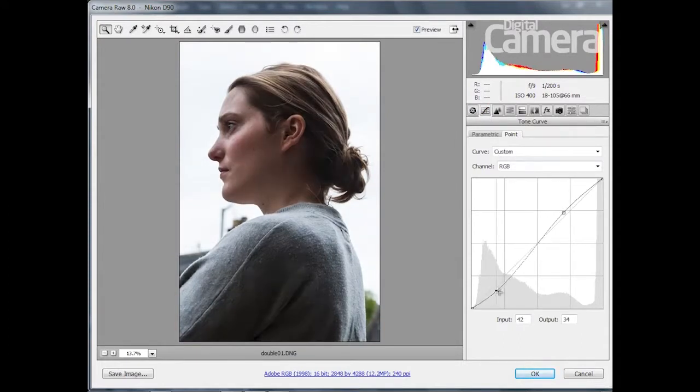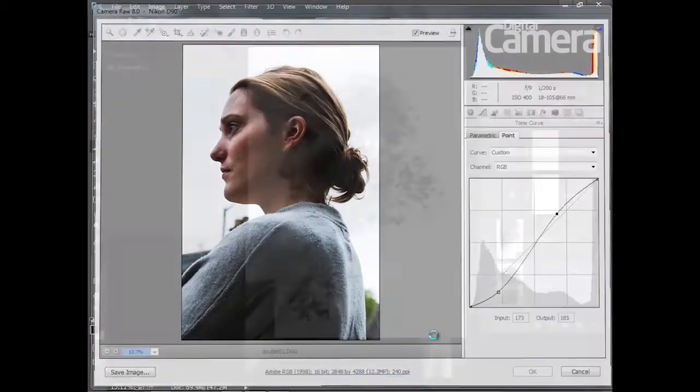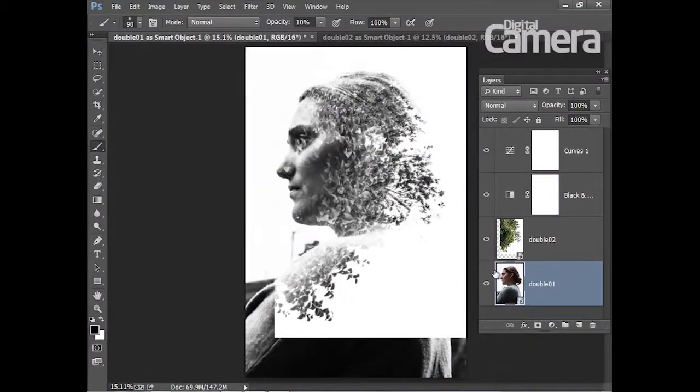And I'm going to make another S-shaped curve. This time I'm going to make it bottom heavy like this, just to darken down those shadows while still pinning back the highlights, so we're not darkening down the face too much. So I think somewhere around about there. And I'll hit OK to apply that. And that's looking much stronger now. So you can see the power smart objects give you to transfer images to and fro between Photoshop and Camera